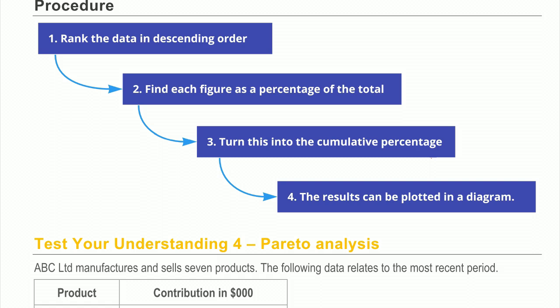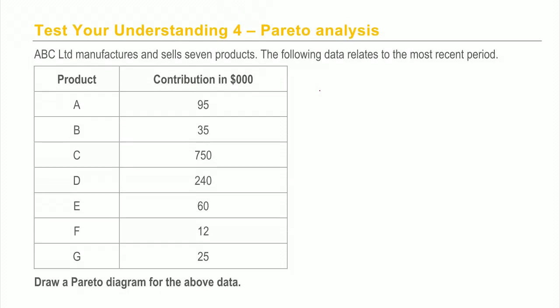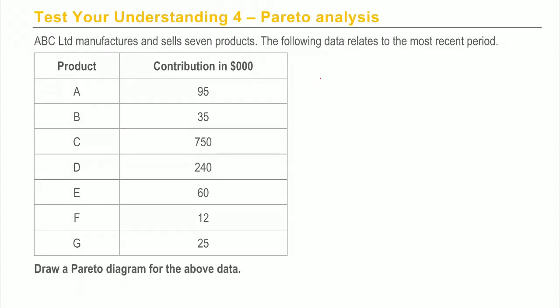So the example we're going to work through here, test your understanding. We manufacture 7 products here. The following data relates to the most recent period, and we're asked to draw a Pareto diagram of this particular data. So the first thing we're going to do is put them into descending order and work out a cumulative and a percentage. So the biggest one there is product C, with a contribution of 750,